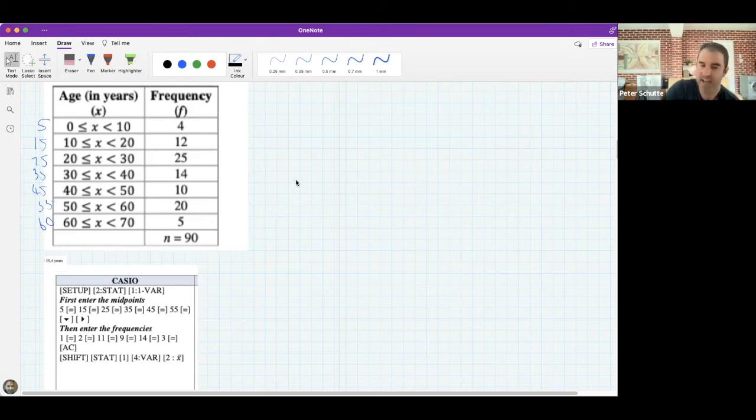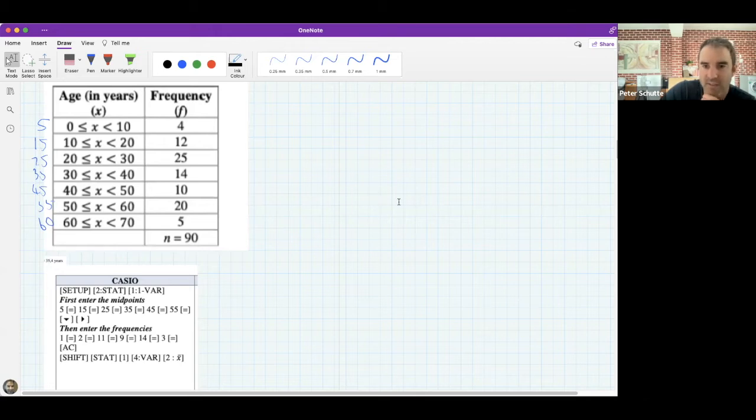But if they just give you a table, obviously the calculator can go quite quickly. And so it's a handy skill to know how to do. Just like figuring out the standard deviation on a calculator is also a handy skill to have. If you want to turn the frequency,